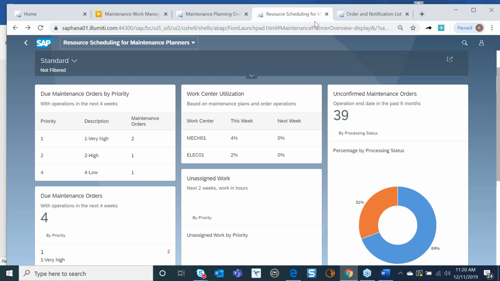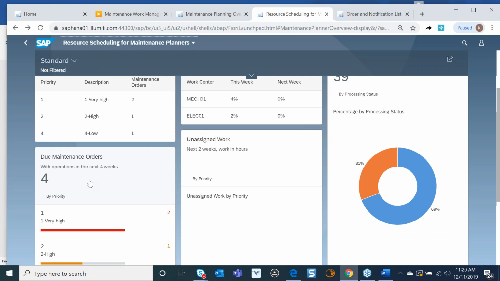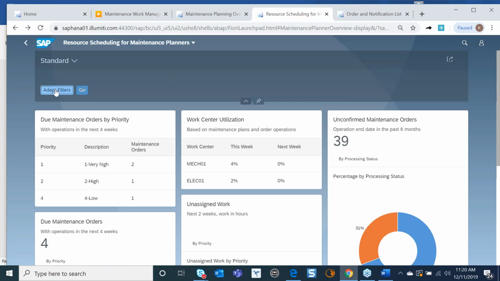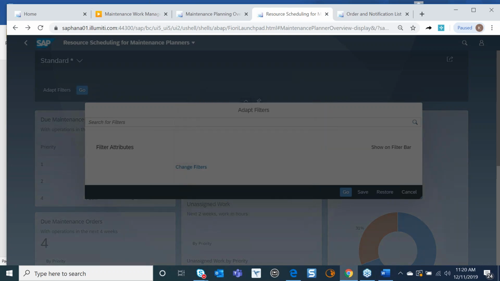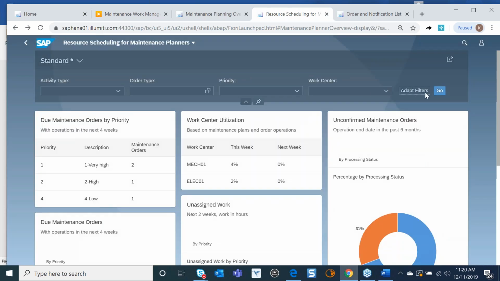And when we have fully planned and ready to release and execute that order, those orders will come to our scheduling board. So this shows us all of our maintenance operations that are due within the next 4 weeks. Now we can modify that date range. We can look at different selection criteria, right? So it's very easy to add different selections and features for how we want to look at our work,